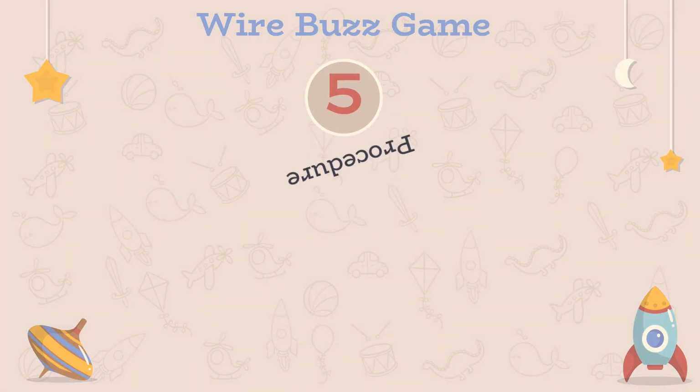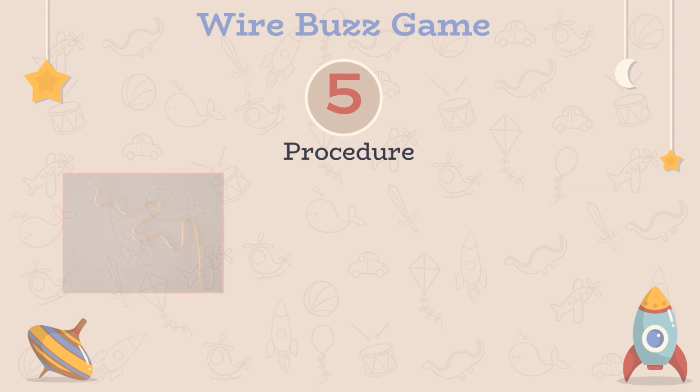First, take the empty container of any size and according to the size of the container, you have to prepare the maze. For the maze, you can twist the copper wire of your own design to increase the complexity. Here, I have taken the normal horizontal and vertical design so that it could be easier for the students of the lower class to complete the circuit and understand the flow of current. You can use your own creativity to make your own wire buzz game.